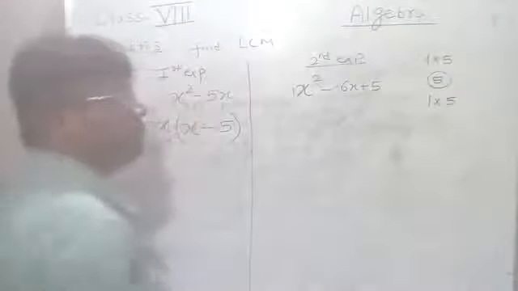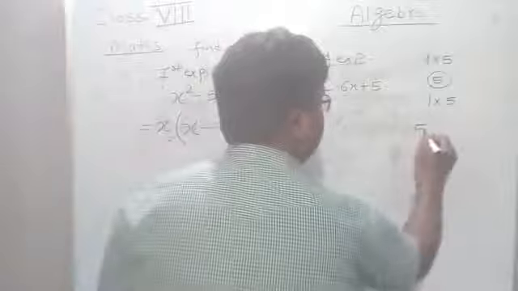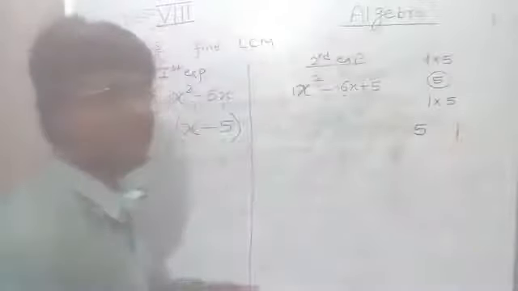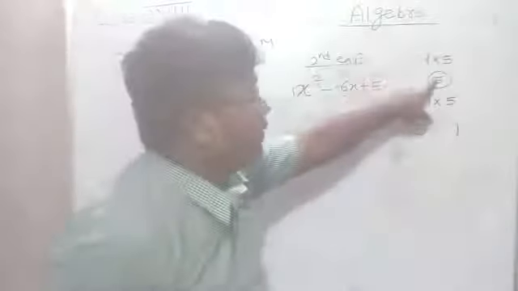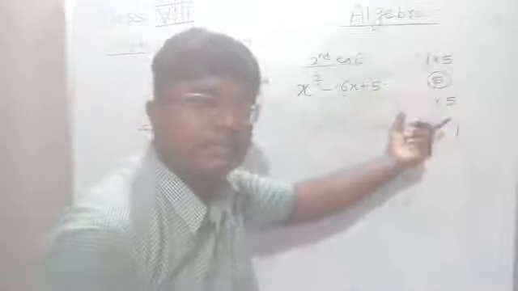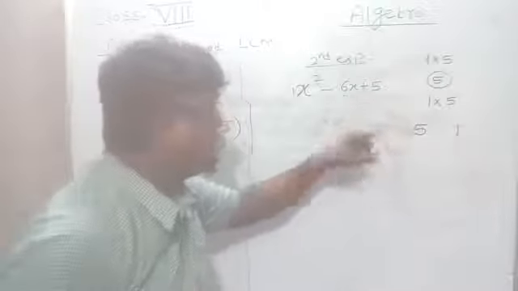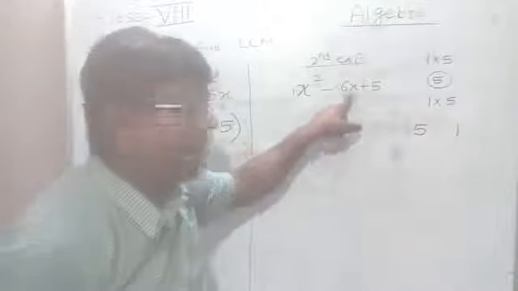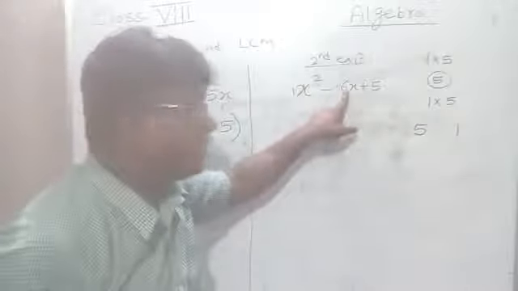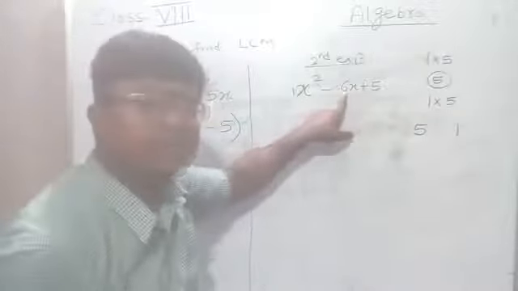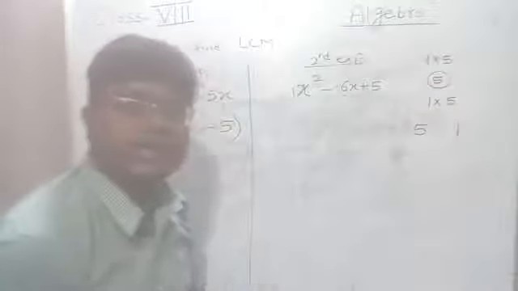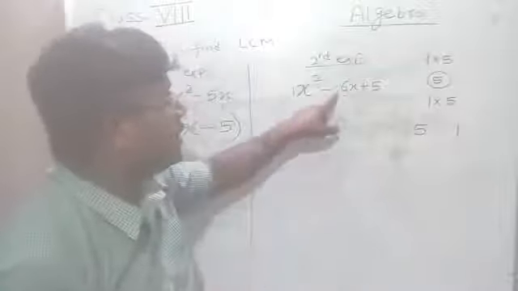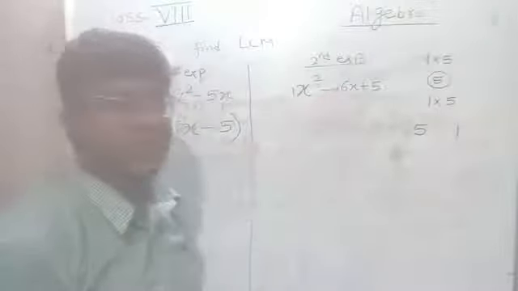So can we get 6 by adding these two? Yes, we will get it. So first write the greater number and then write the smaller number. Multiply the coefficient of x square and the constant term, a number comes, take out all its factors, and from those factors find the numbers which on adding or subtracting give 6. Either adding or subtracting we must get minus 6. First you get 6, then we will give the sign. So if you do 5 plus 1, then we will get 6. Now actually we have to get minus 6, so we have to give the sign accordingly.